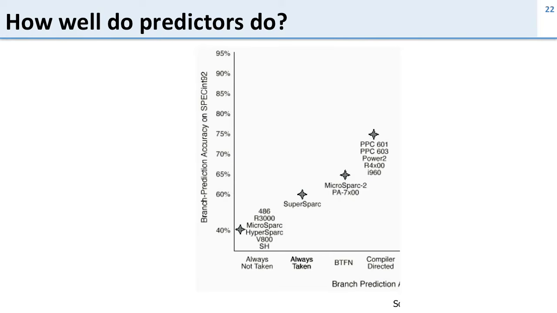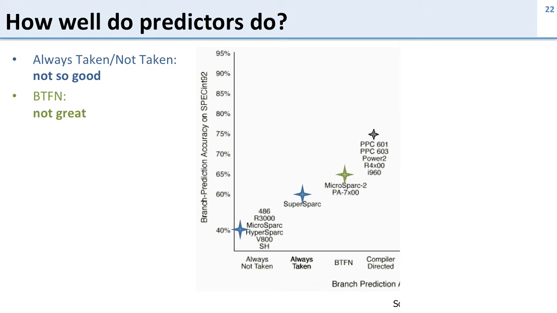So how well do these predictors do? Here's branch prediction accuracy on a bunch of particular benchmarks, so slightly different numbers than what we saw before. And here's always taken and not taken, and they're not doing so well, somewhere between 40 and 60% accuracy, depending on the architecture. How about this backwards taken, forward not taken? Well, it does better. We're up to about 65% here,